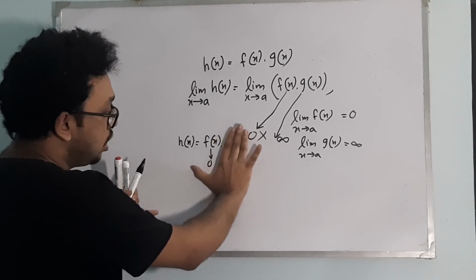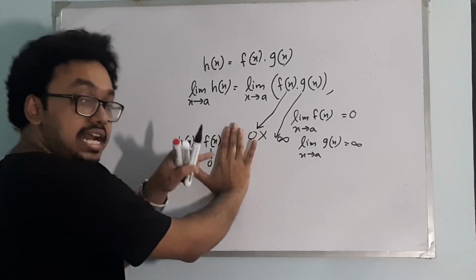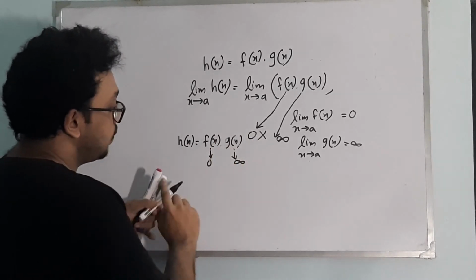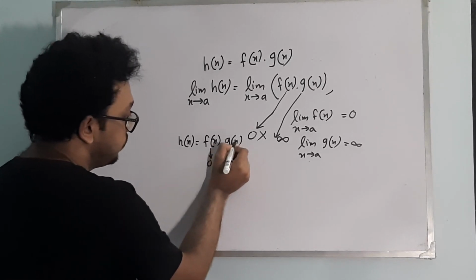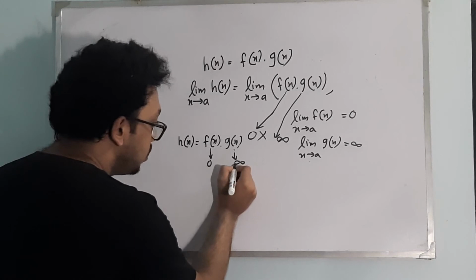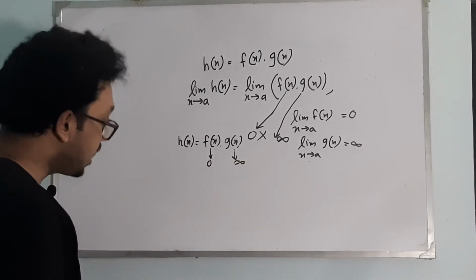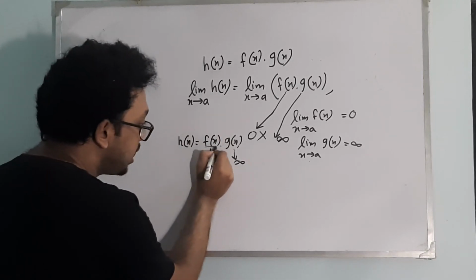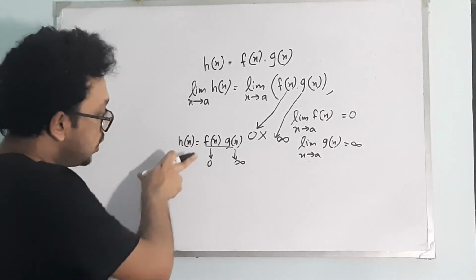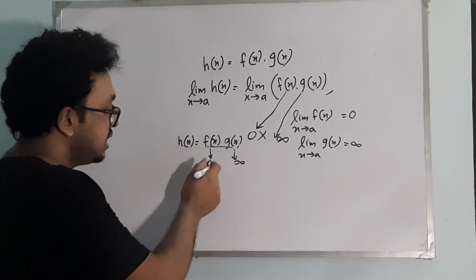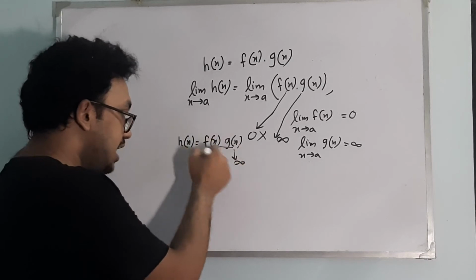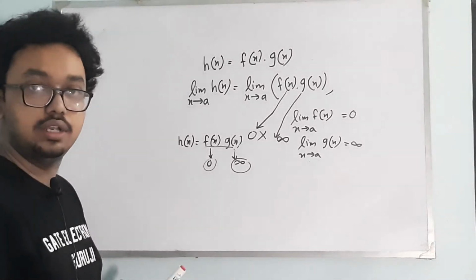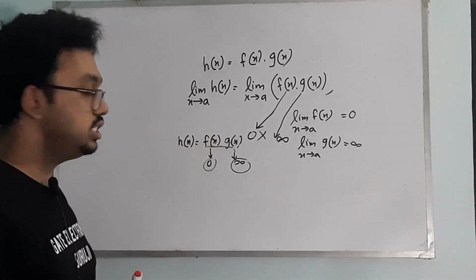If you have the product of f(x) and g(x), forget that g(x) is tending to infinite. If f(x) is tending to 0, it will try to make the product of f(x) and g(x) also tend towards 0, right? Now look at g(x) and forget that f(x) is tending to 0. If g(x) is tending to infinite, this will try to make the product tend towards infinite. So f(x) will try to make the product tend to 0, and g(x) will try to make the product tend toward infinite. So clearly without doing any calculation, we cannot say whether f(x) will dominate or g(x) will dominate.